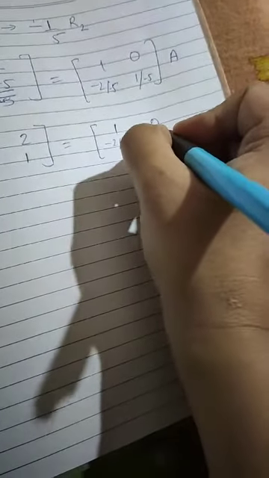Now we have to make this 0 and this 1. So I apply R2 tends to minus 1 upon 5 into R2, meaning I am dividing R2 by minus 5. So 0 divided by minus 5 becomes 0, minus 5 divided by minus 5 becomes 1, and on the other side, minus 2 divided by minus 5 and 1 divided by minus 5, and A. So after dividing we get 1 2, 0 1, equals to 1 0, minus 2 by 5, minus 1 by 5, and A.